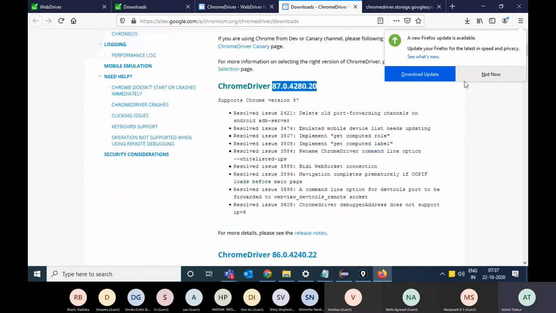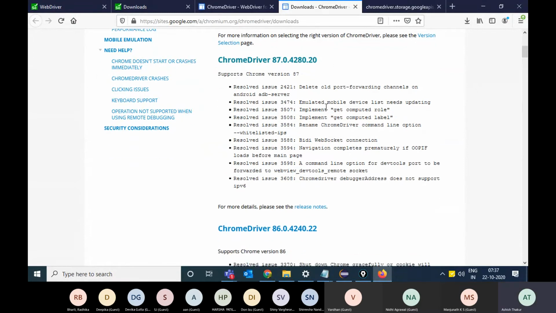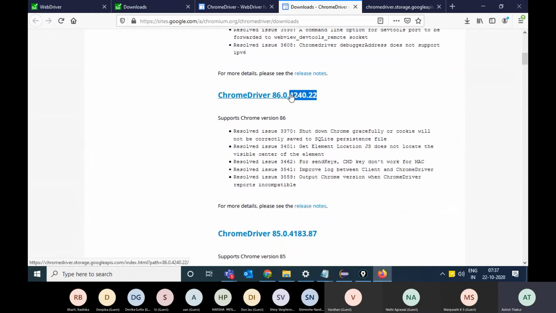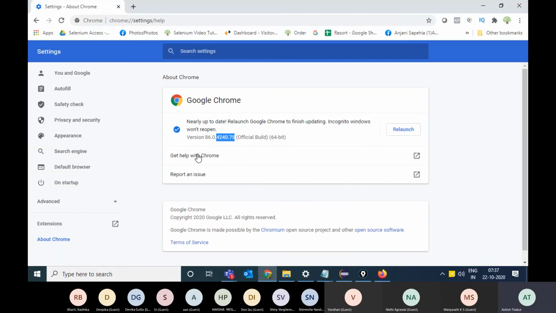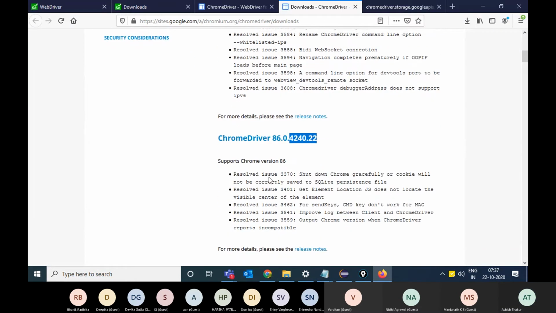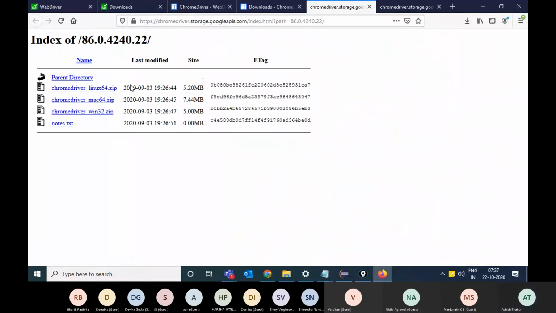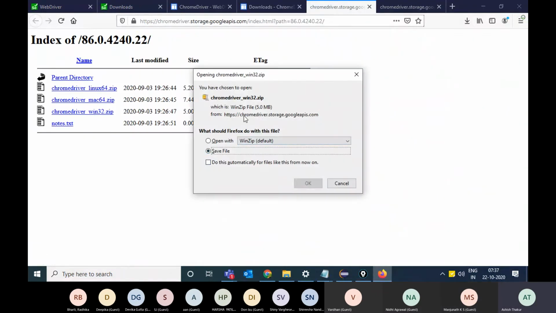It's my mistake. I deliberately did that because people make this mistake. So you have to download it for the right version. The last two digits can vary a little bit, but don't drastically change the version. I will click on this and download the zip file again.